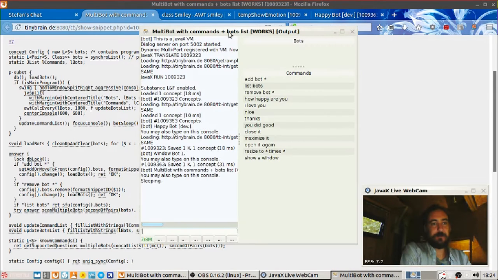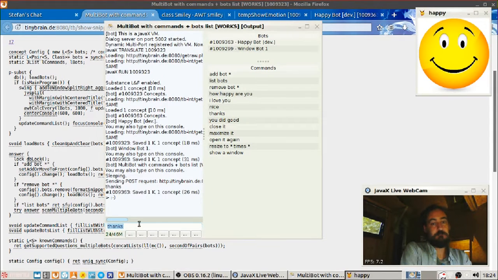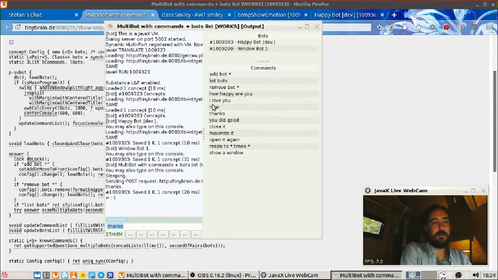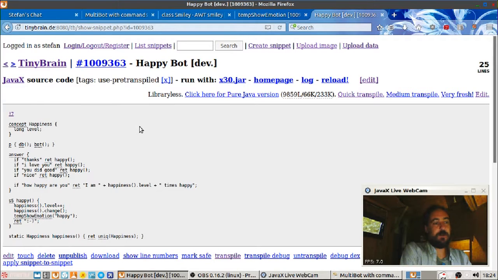Let's restart the multibot. It will load all its components. And let's say thanks again. There we go. So one tiny little bug, but I just showed you how you can make bots with a status and commands and answers and even some graphical output in 25 simple lines. And we will continue this way. Let's fix the bug. I'm so sorry. Bugs. I'm sorry.